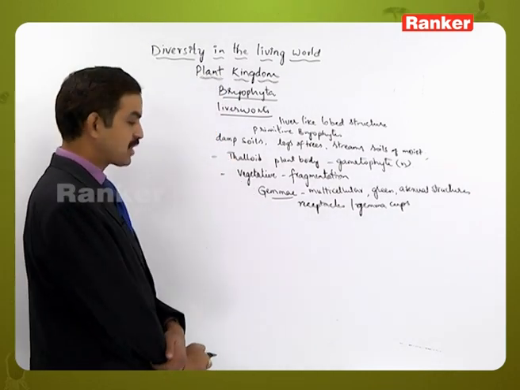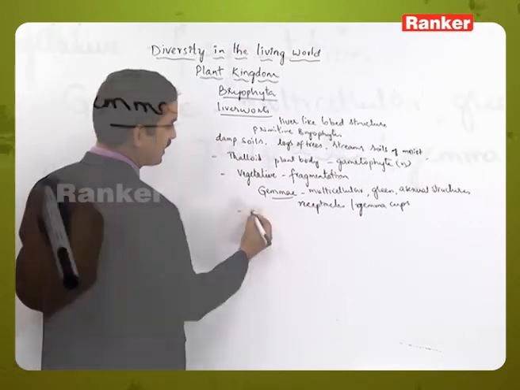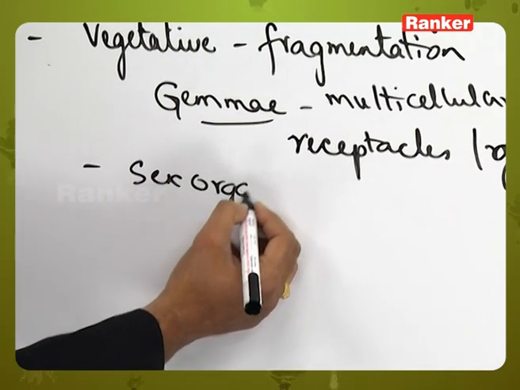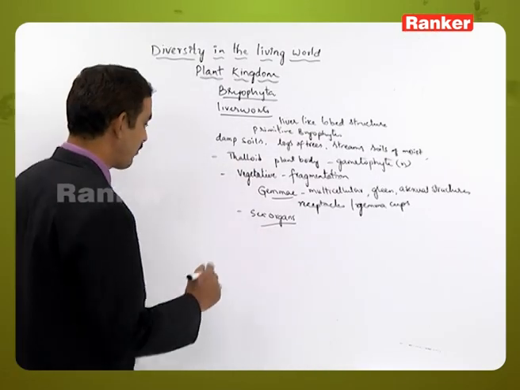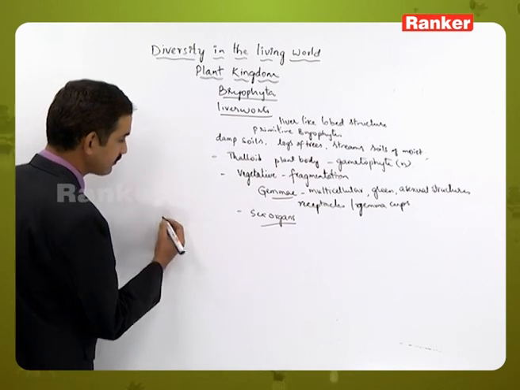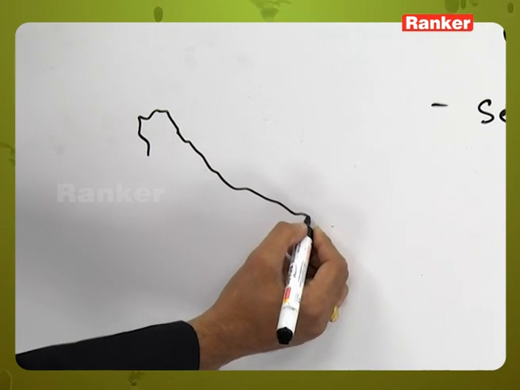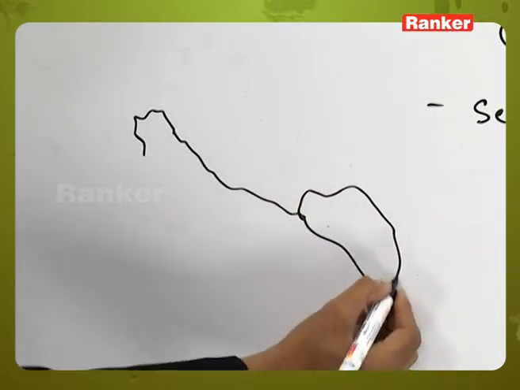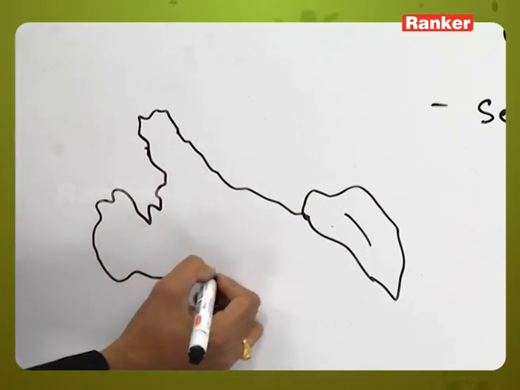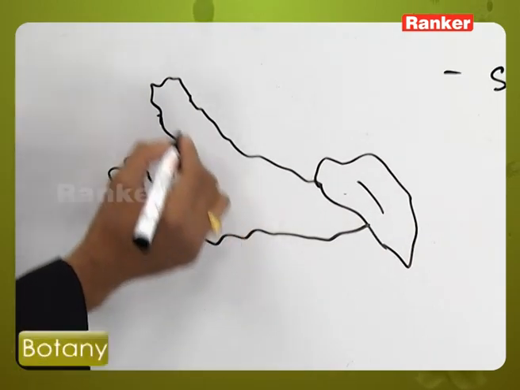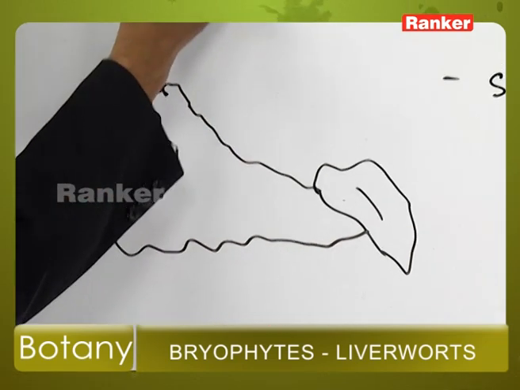So if you see the sexual method of reproduction, here the gametophytic generation will produce the sex organs. Those are called antheridia and archegonia. So let's take the example of Marchantia, in which the plant body is dioecious in its nature, where the male and the female are separate. So at the tip of this one, they have some branch-like structure